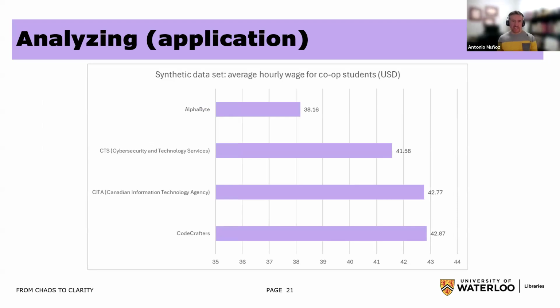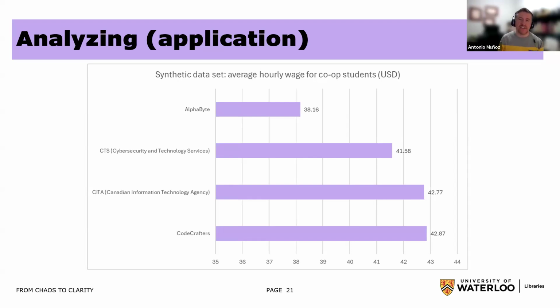So in this example, I did a little visualization of some of the average hourly wages for co-op students in US dollars. Now, this is not a great analysis. Again, that was not the purpose of the data set, but just to highlight a few things of the analysis that was possible with the data set as it was, some of the hourly wages were recorded in Canadian dollars. Some of them were recorded in US dollars. And so in this example, you see US dollars, but it excludes some of the Canadian dollars